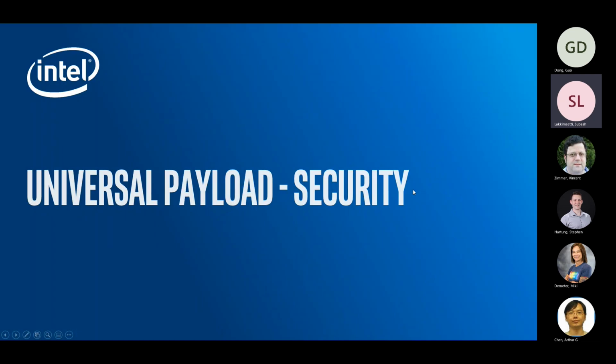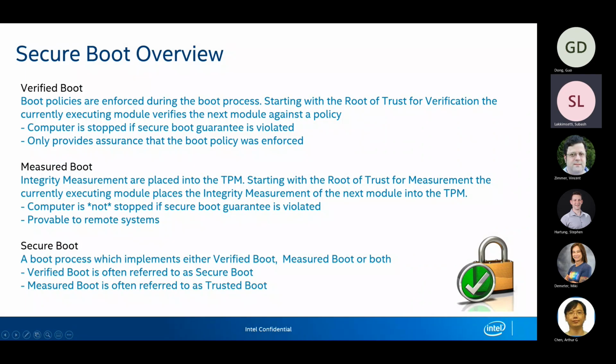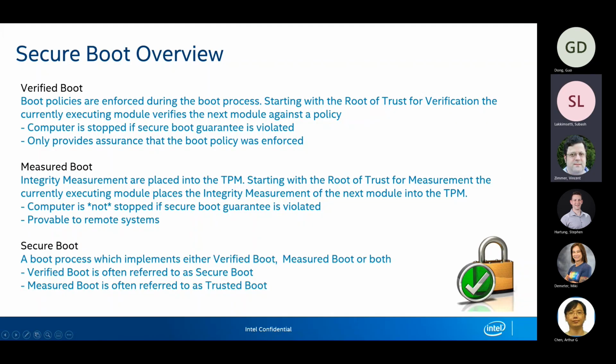I would like to, in the universal payload, introduce the security features. I would like to speak about what the security in the universal payload is. Basically, we are trying to, am I audible, guys? I just want to know. Yep, we can hear you and see your screen. Looks good. Thank you. Okay.